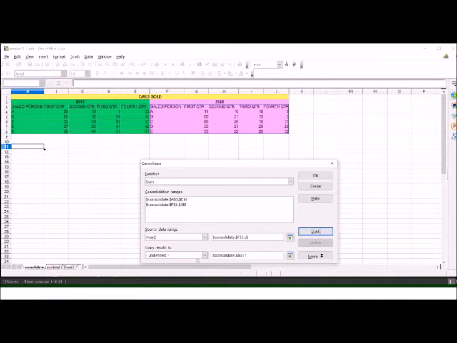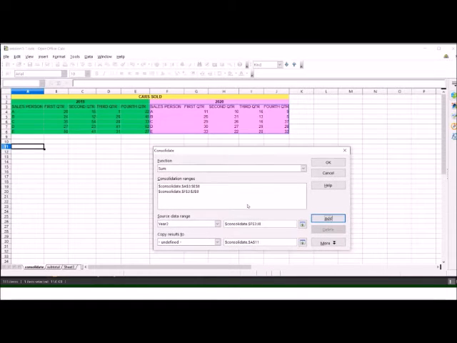Here we can define the range where we want to display the results. Suppose we have not defined any range to display the results.